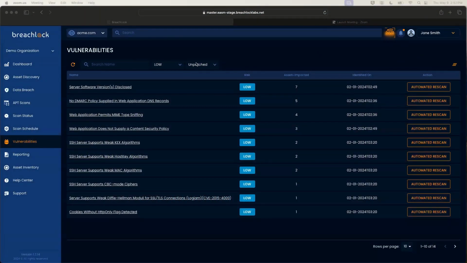This demo will walk you through the Vulnerabilities feature that provides a comprehensive and cumulative view of the vulnerabilities identified through the testing process. Along the left side is a series of features. Once you click on Vulnerabilities, you'll see a series of the vulnerabilities that were identified in the APT scans or